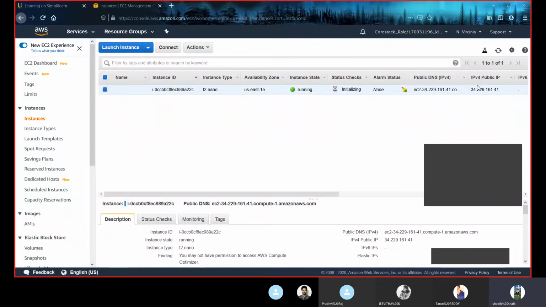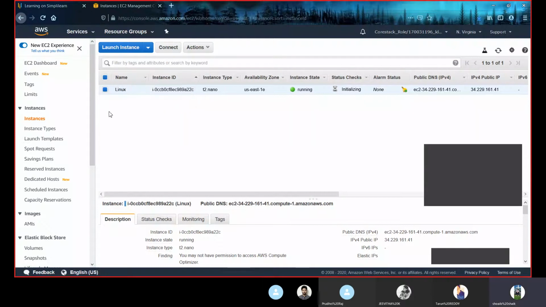So this is the public IP of our instance. This is the DNS name, and let us name it. Let us name our instance as Linux. So we named our instance.